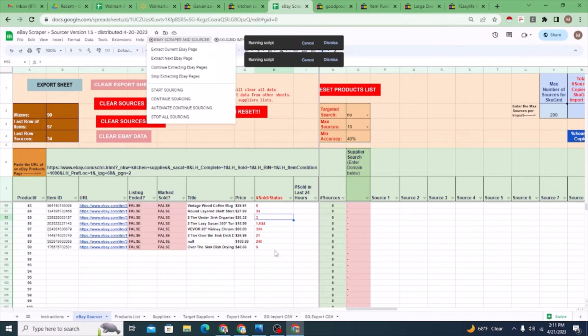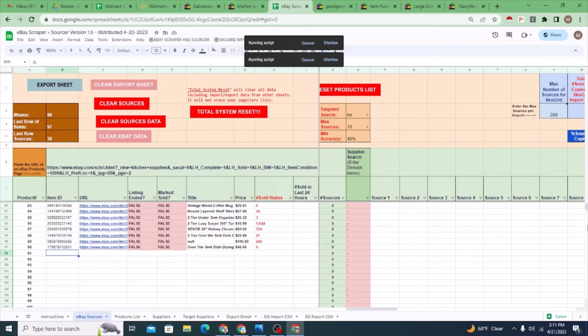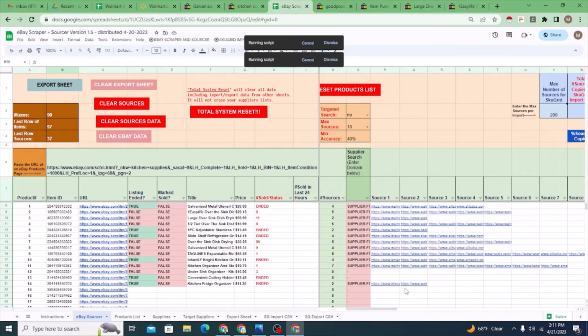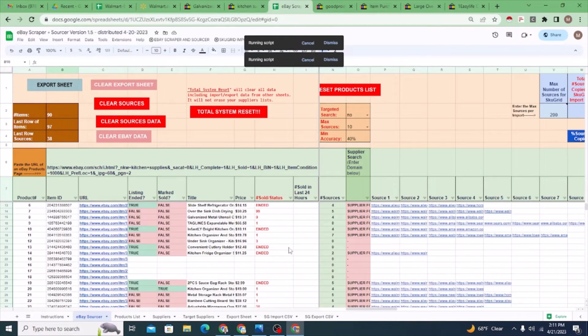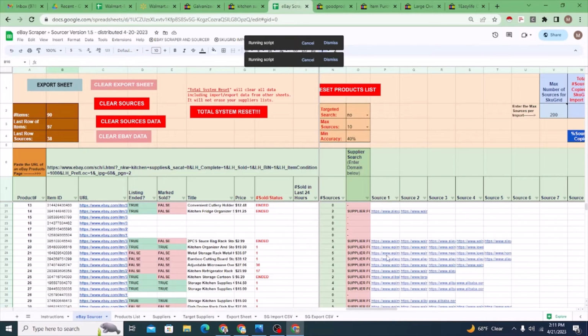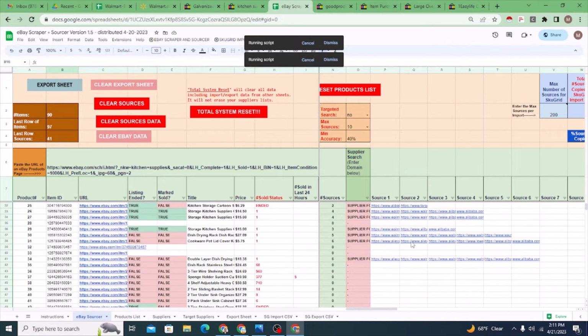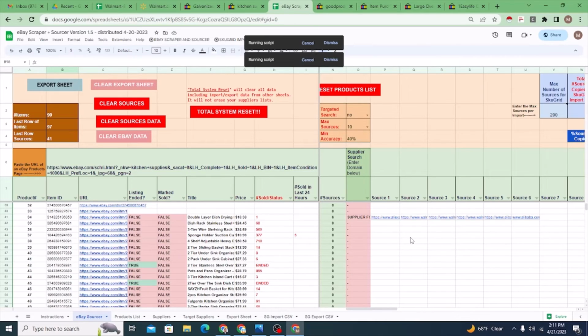Okay, so this is really great to be able to pull even way more product data than ever before using the system. All right, and with all the data that you'd like to have, like sold and numbers sold and all of that sales history. Okay, so this is really great. Now,